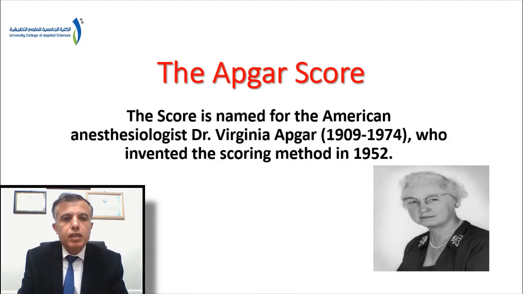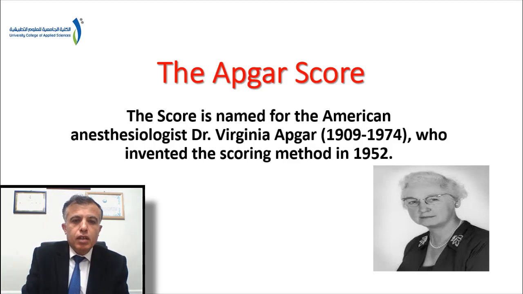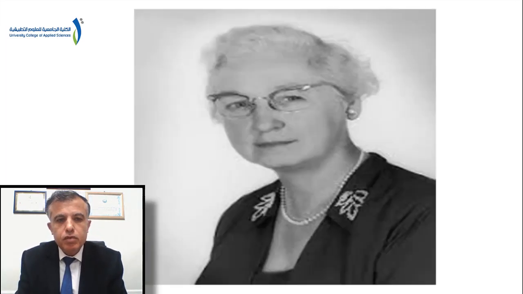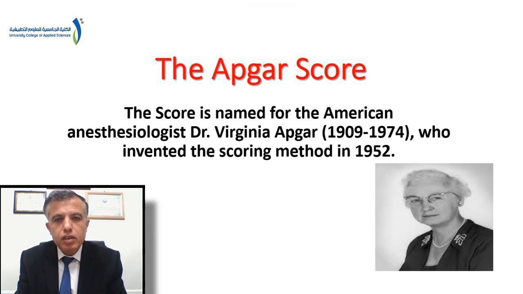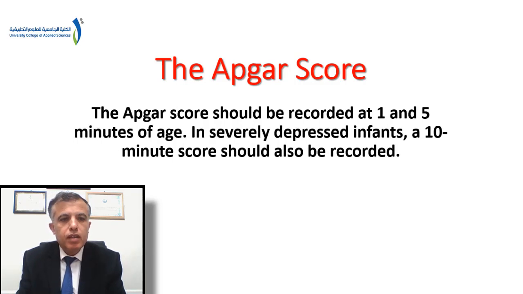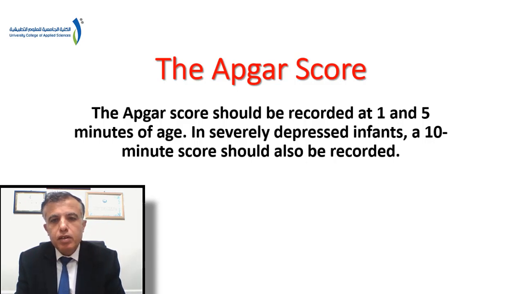This score, the Apgar score, is named for the American doctor, Dr. Virginia Apgar, who invented this score in 1958. This doctor was working in the delivery room and in the OR for cesarean deliveries and invented this score after different researches. The Apgar score should be recorded at 1 and 5 minutes after delivery and could be repeated as